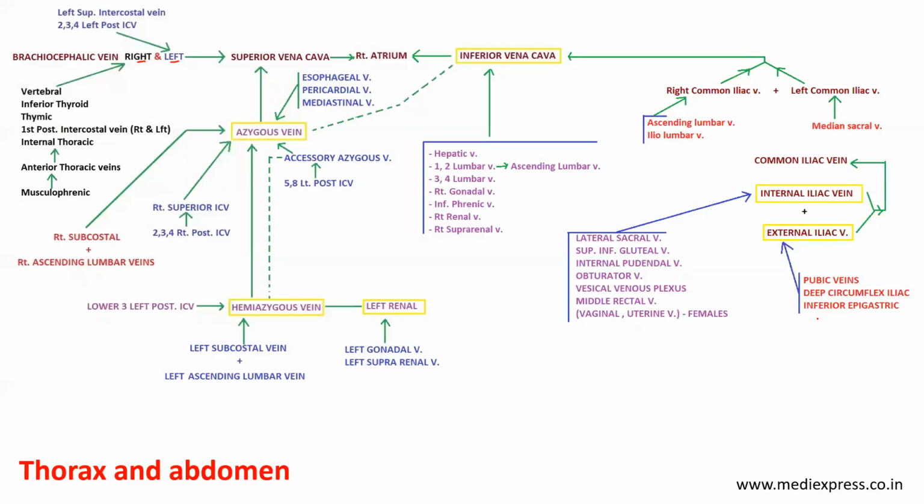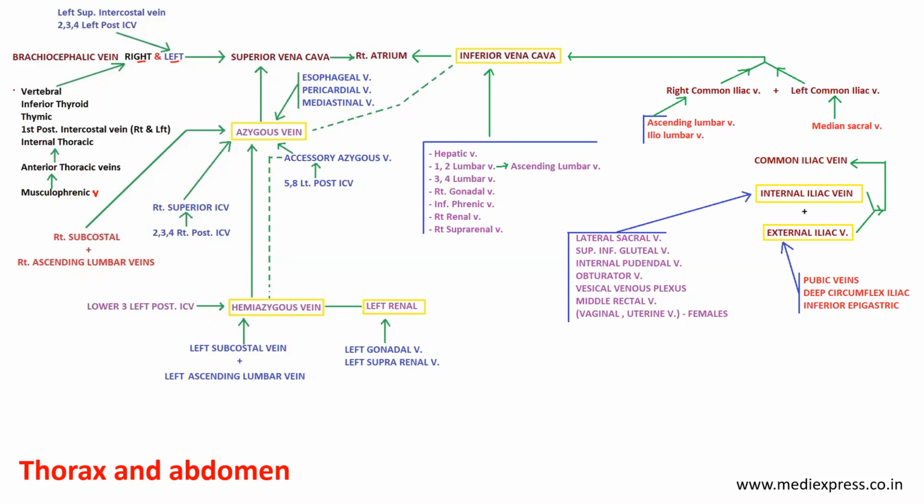Now, what are the veins that drain into the right brachiocephalic vein? The first one is the musculophrenic. From the musculophrenic vein, it will drain into the anterior thoracic vein. From anterior thoracic vein, it will drain into the internal thoracic vein. And from the internal,